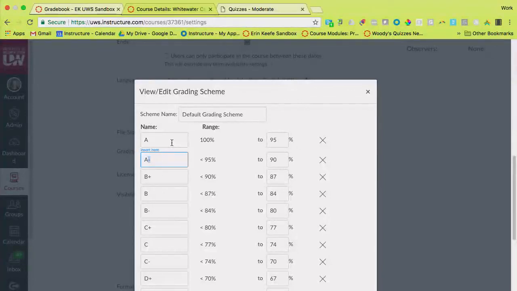I told the group yesterday, even if you wanted to create an emoji grading scheme where it's like pizza to unicorn, it would let you do that. But then Stacy pointed out that if you want the grades to go back to WINS, it has to be something that WINS can recognize. And WINS probably doesn't recognize pizza to unicorn as a grading scale.